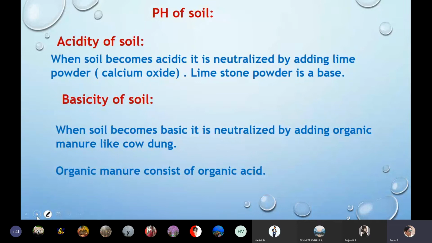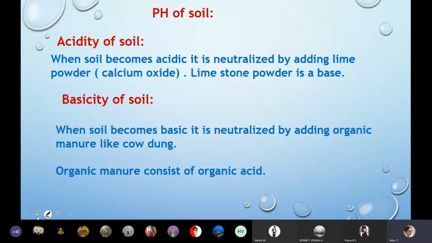In case the soil is becoming acidic or becoming more basic, there is a possibility to bring the soil to neutral conditions. How do the acidity and basicity of the soil change? By using excess amounts of fertilizers, pesticides, weedicides, and various agricultural activities using artificial manure, that is fertilizers, which may increase the acidity of the soil and also the basicity of the soil. If the soil becomes more acidic,